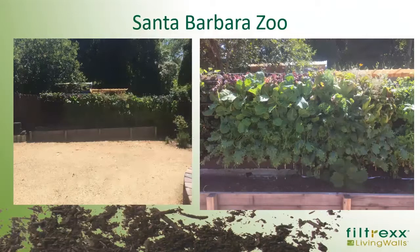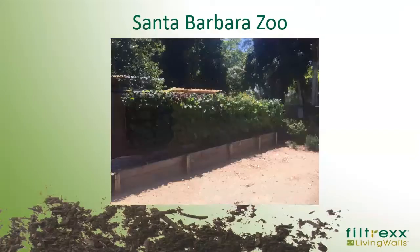So that was a fun little project. That's it grown in there. And basically he had connected it to his existing irrigation line that was already there. I would definitely recommend the